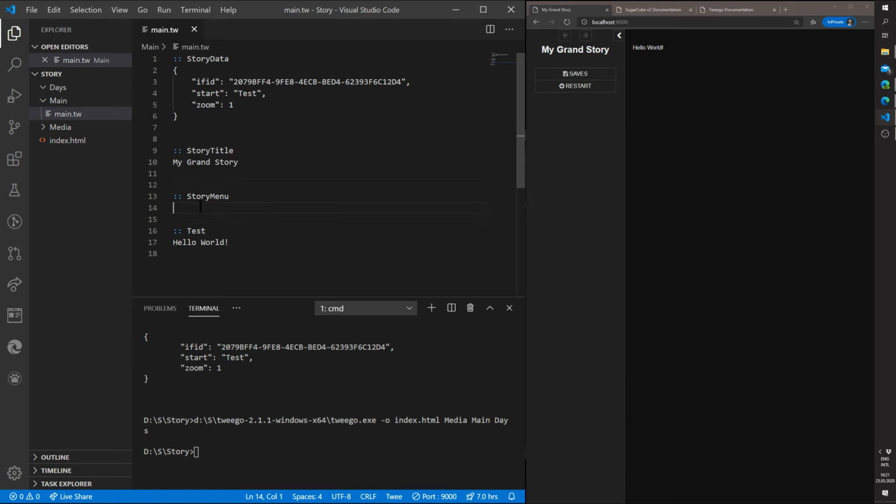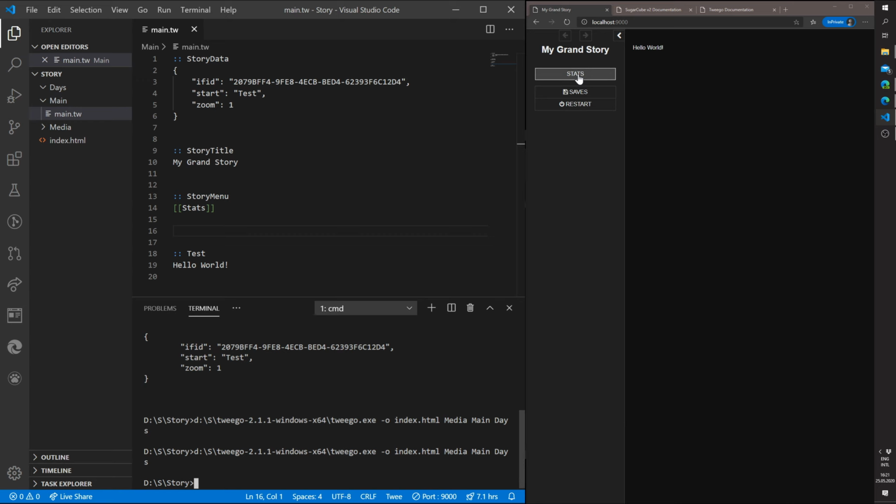And right here, a link. Links are basically oftentimes written this way. There's an alternative way of writing a link, but I will talk about that later on. If you write here stats, as you can see, it isn't updating the system, because if I actually recompile it, it creates the stats, but only because it's recompiling. If you want it to work